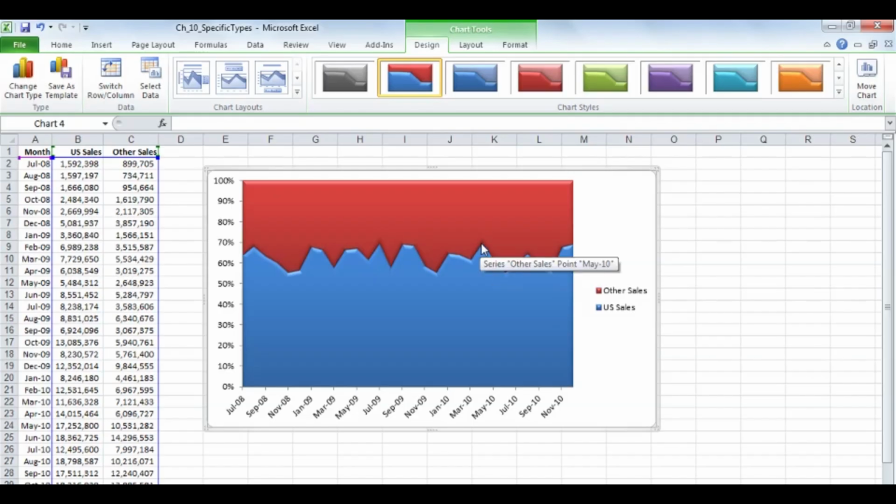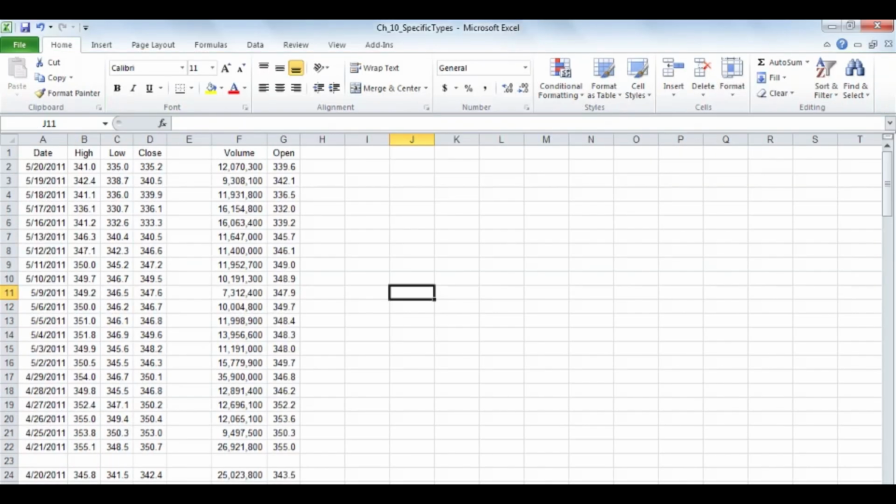So in any given month, for example, this one here, US sales has a higher proportion, it looks like, than it does in other months. The totals add up to 100%. So area charts are just variations on line charts, sometimes more colorful, and they do tend to suggest volume by their appearance. Stock data, a specialized kind of chart,